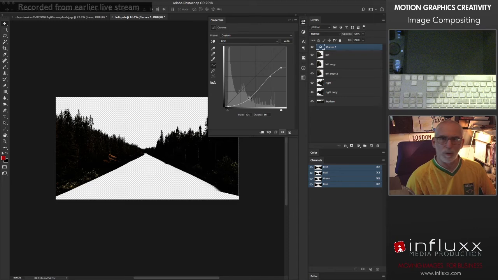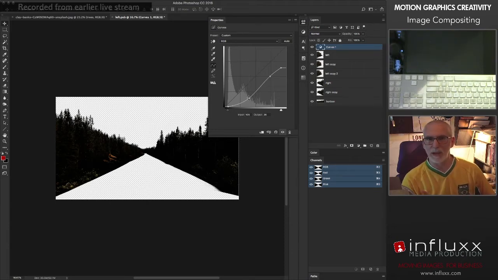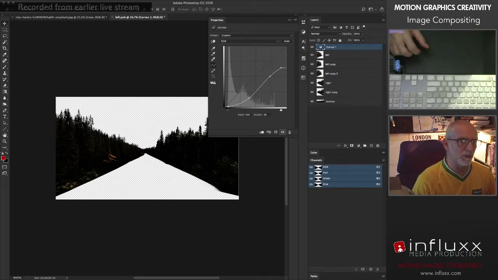And again, it's a lot of push and pull and trial and error. It's very rare you're going to get the first click right. You're going to go back and forth, and as you add other color corrections, you're going to go back and say, well, that curves is a little bit too strong. So